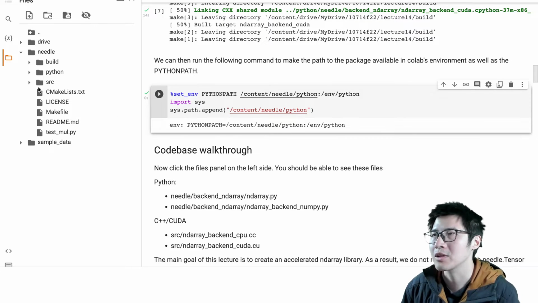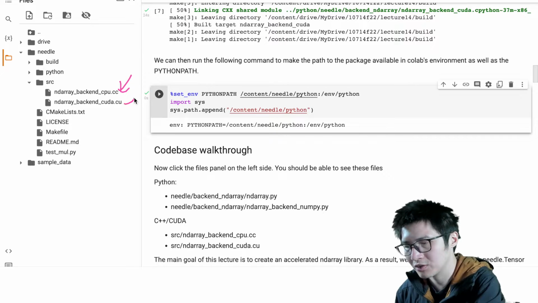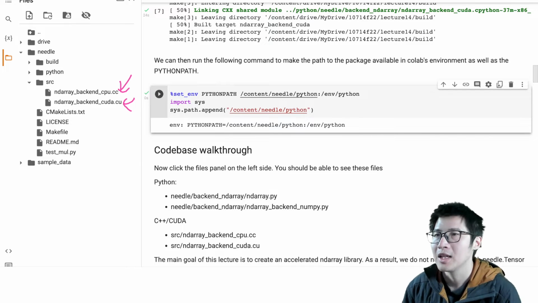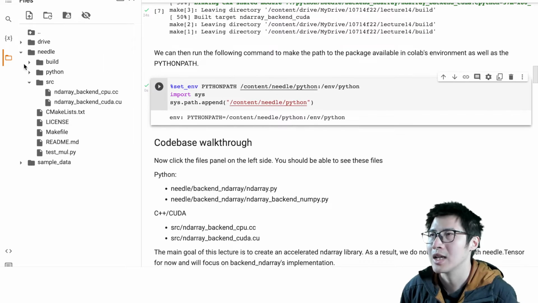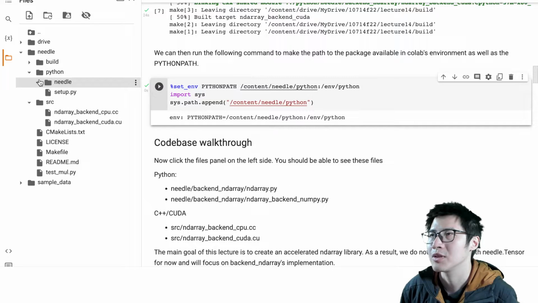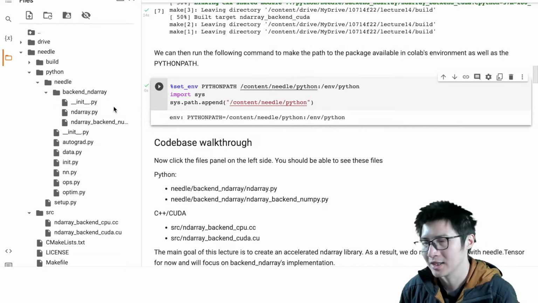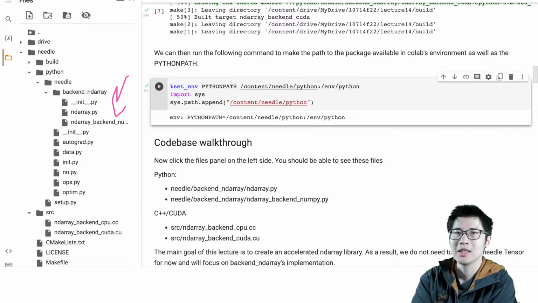a source folder that contains two additional source files that correspond to the CUDA implementation that we have here. And finally, the additional thing that we get is this C++ CUDA file along with a new folder. If you go to Needle, there's a new folder called backend ND array. This is a folder that contains the implementations of the new ND array backend that tries to replace the